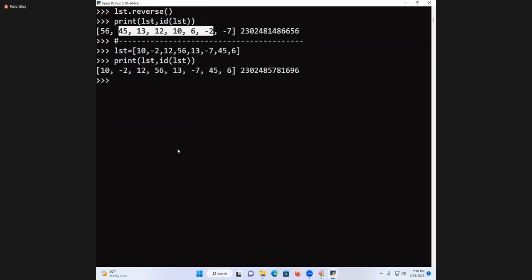At that time, lst dot sort with reverse equal